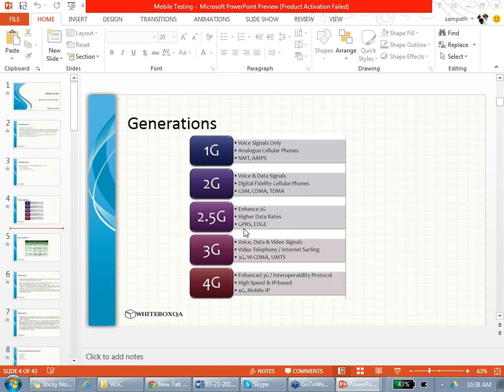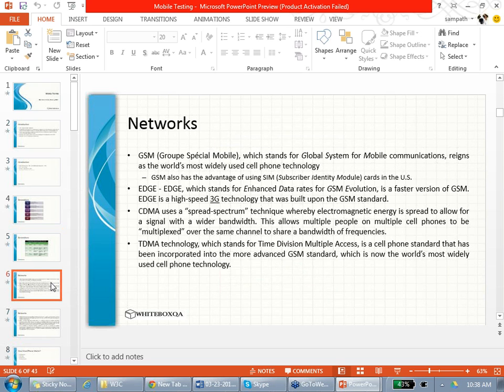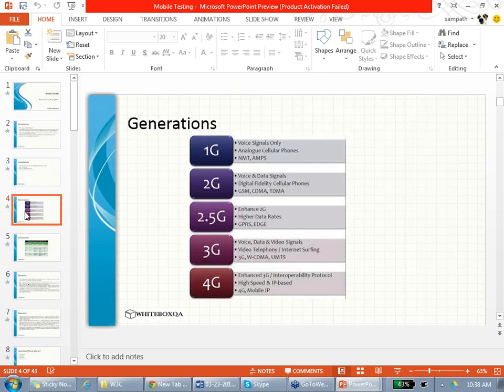So that was at a very low rate, and now 2.5G increased the rates. There is a technology called EDGE. Let's go to EDGE. EDGE is nothing but improving GSM, increasing the speed of GSM. So it's nothing but the latest of GSM. But actually EDGE also didn't survive after that because 3G and 4G came. I will tell you what that is. Okay, then there is 3G.